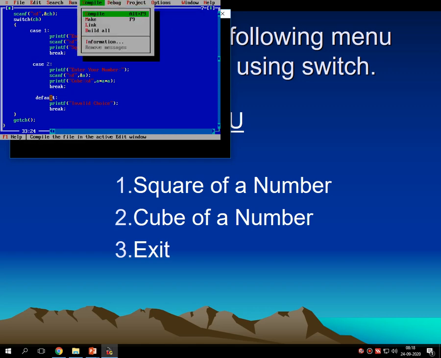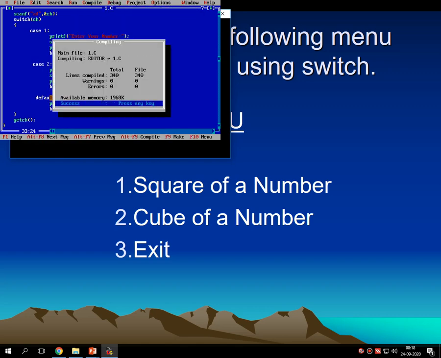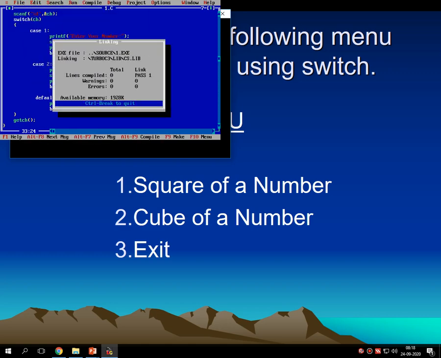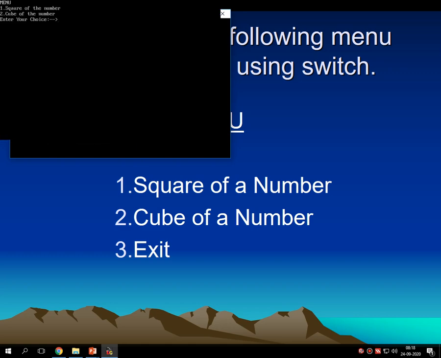Now let's first check for syntactical errors. There are no syntactical errors as you can see on the screen. Then I am running the code, which displays one menu where option number 1 is for square of the number and option number 2 is the cube of the number. So here I am selecting option number 1.